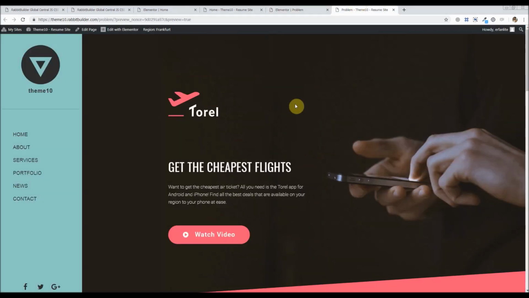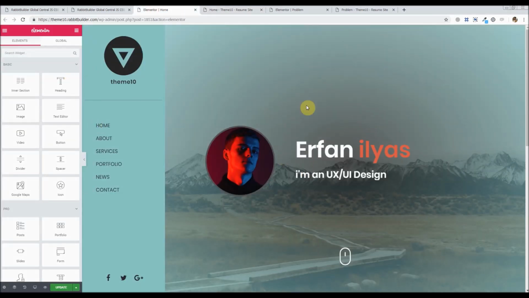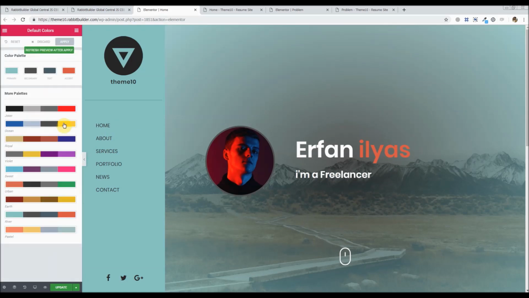So this was the problem with our current setup, and right now I've been working on this theme that I want everyone to easily change the colors of. I'm in the editor page, in default colors, and I can select any color. For example, if I select these earth colors, apply it and simply refresh,